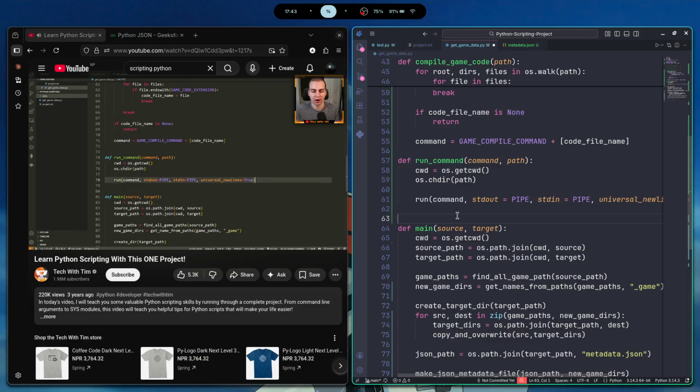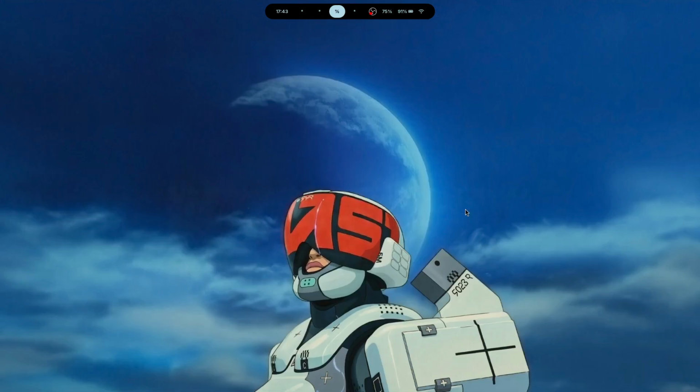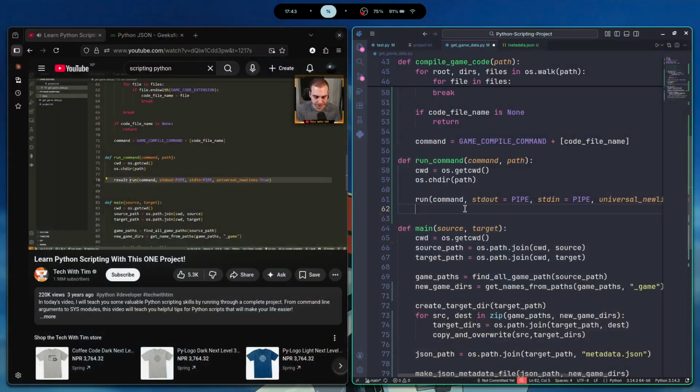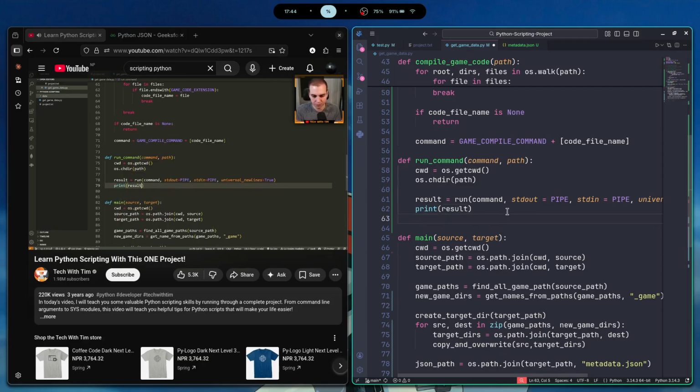Command is just going to be an array of all of the different words that are in that command, or a list of all of the different commands. And then if you wanted the result, it will be given to you in this result variable. So you could print out the result, you could read it in as a JSON object, blah, blah, blah. You could do whatever you want, and you could see what that result is. And in fact, we'll print out the result just so you can see what it looks like. So I'll say